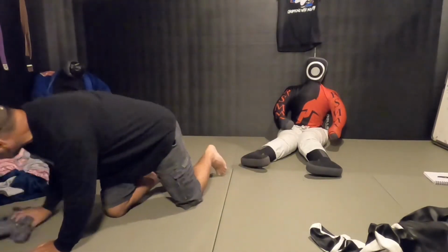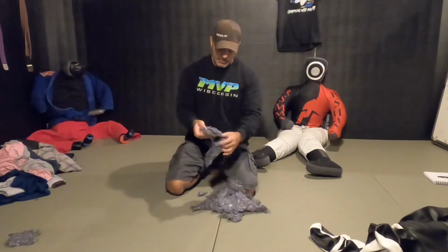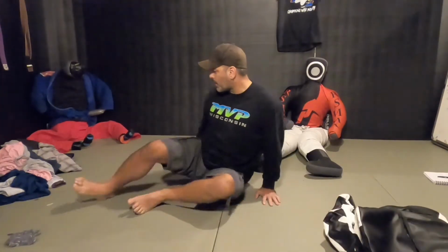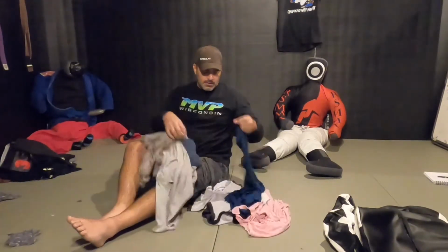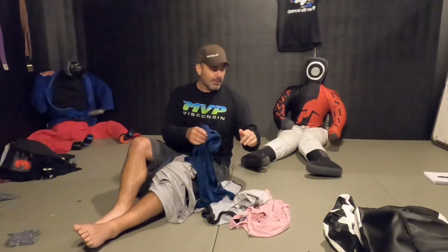Material that I'm going to use, I'm going to start out just kind of using what I did before. I took a heavy bag and I pulled out all this shredded material, and I filled this dummy up with. So I'm going to use that material to stuff some of the smaller areas in here. I do have some shirts, some different types of textures. So like when I want to fill it out a little bit more, so there aren't gaps or spaces inside,